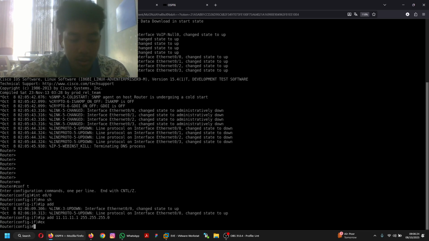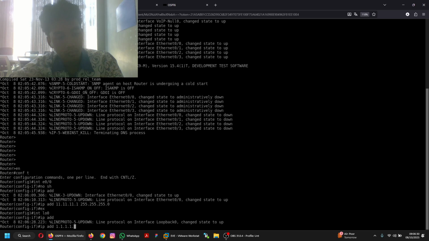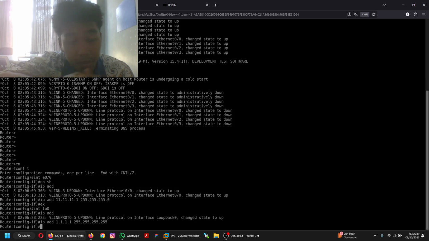Okay, now you can add the loopback IP. Same as before, we are using /32 for the loopback IP.